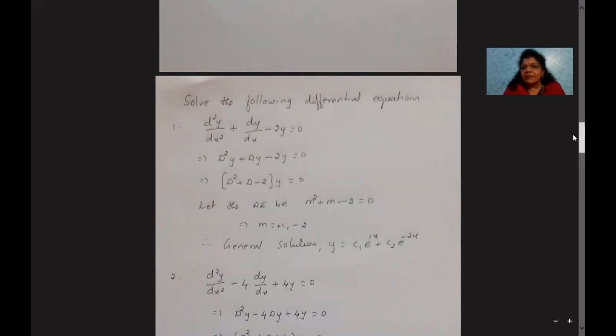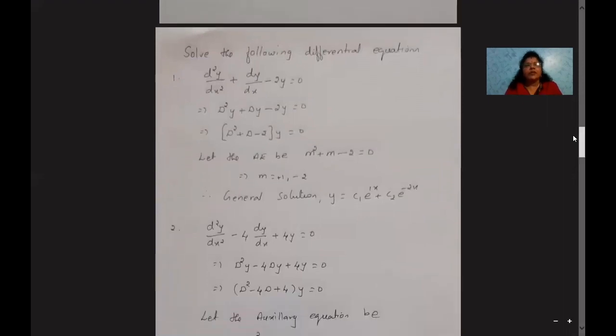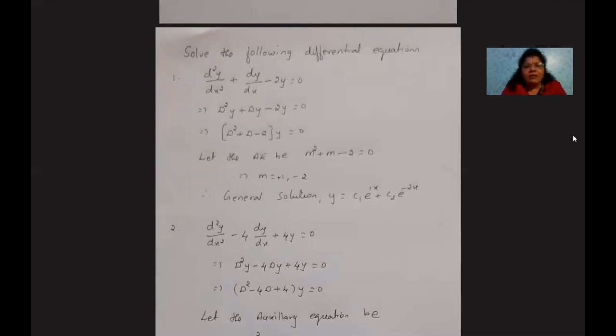The first example is this quadratic equation which I have given. Before starting the problem, we should know how to solve a quadratic equation, cubic equations, 4th degree, 5th degree, etc. Any quadratic equation can be of the form ax square plus bx plus c equal to 0, whose roots are well known, that is x equal to minus b plus or minus root of b square minus 4ac divided by 2a.